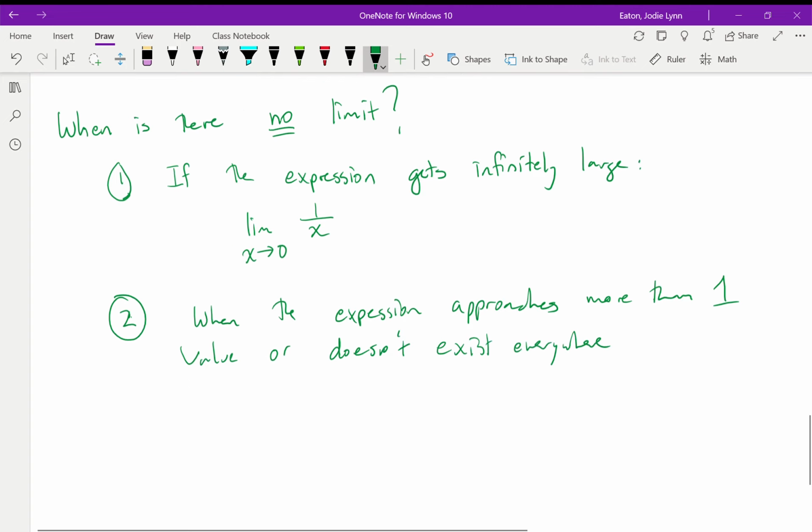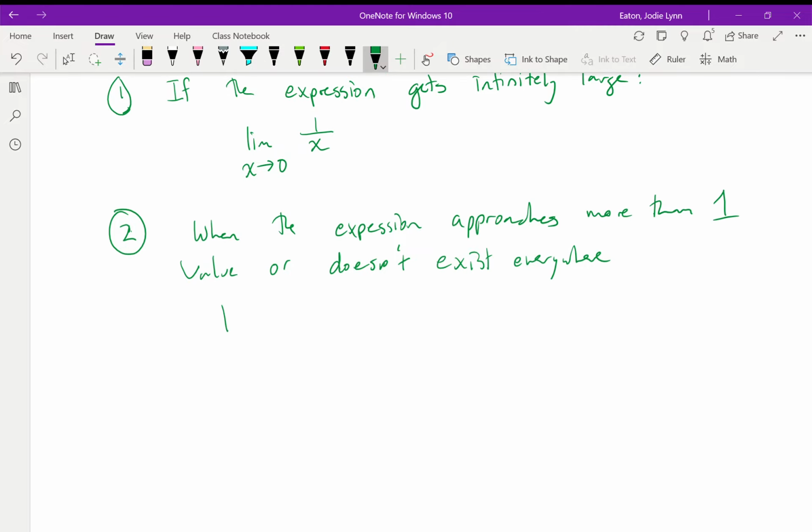So an example of that one would be the limit as x approaches infinity, if we just keep getting bigger and bigger, of negative 1 to the power of x. Okay, so that doesn't exist